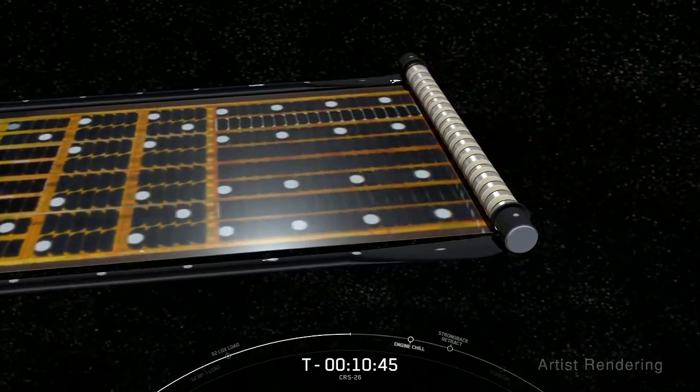We are now at T-minus 11 minutes and counting from liftoff of the 26th Commercial Resupply Services mission from both NASA and SpaceX to the International Space Station. So let's bring back Jesse now to tell us more about today's launch and Dragon. Jesse? Thanks, Jasmine. As we near the end of the year, today's mission marks SpaceX's 192nd overall launch and the